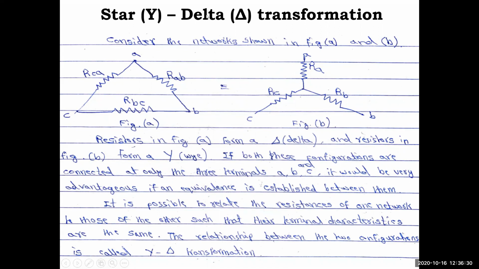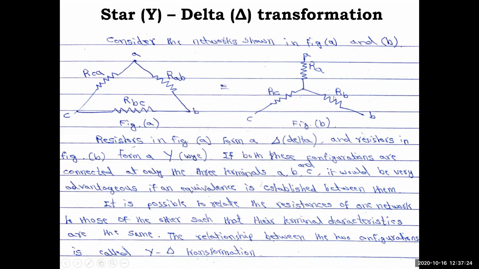Similarly in the Y network, the Y network looks like this. This is an inverted Y here. This is a star network also, we'll say. Here A, B and C are denoted the same way, and single resistances are there. That's why they are denoted as RA, RB, RC. So when you have a single subscript, you can identify it is a Y network. If you have two subscripts, you can identify it is a delta network, that means between the two nodes you have the resistance. This is how you have to identify in this derivation.